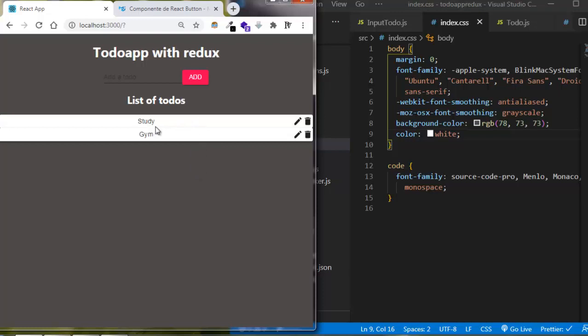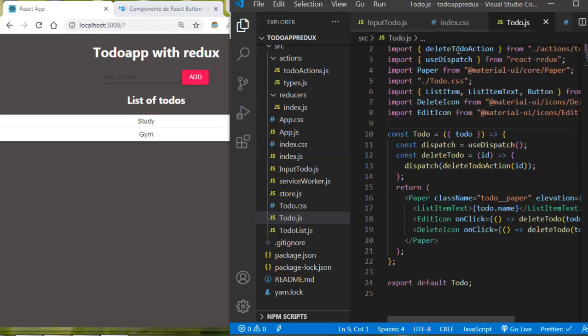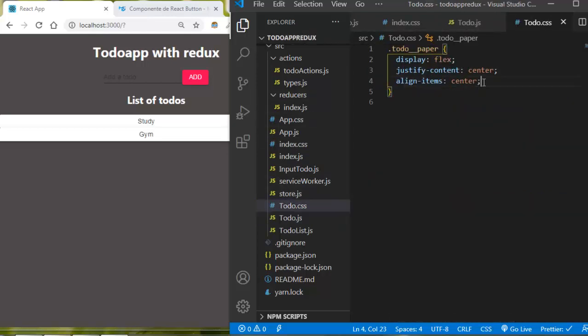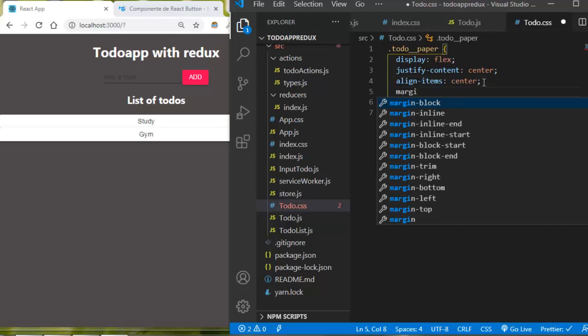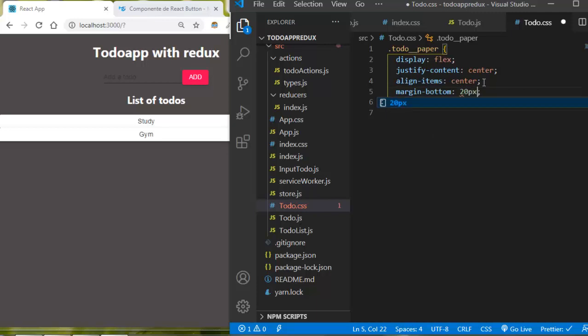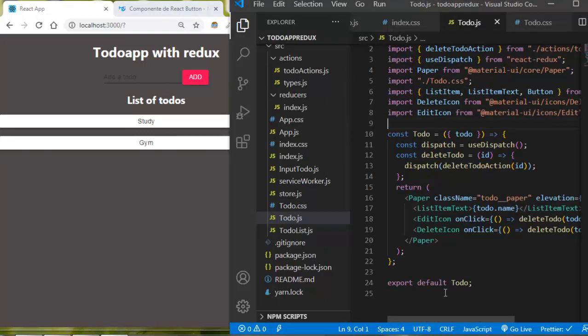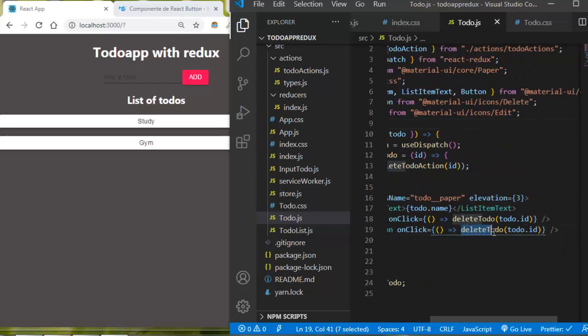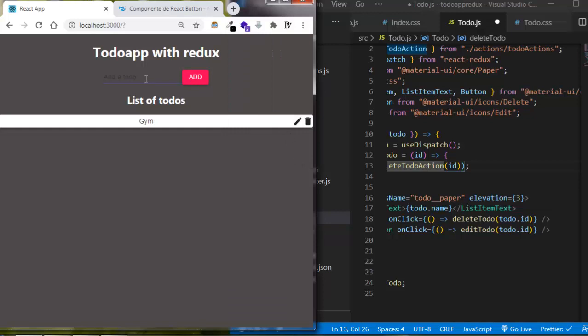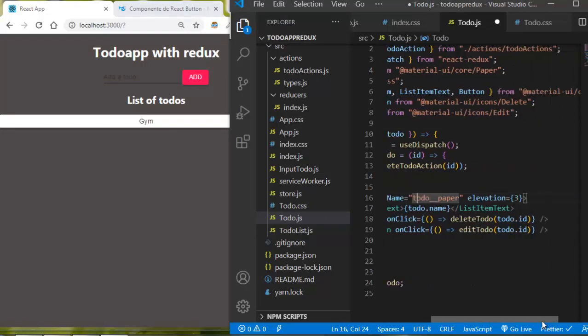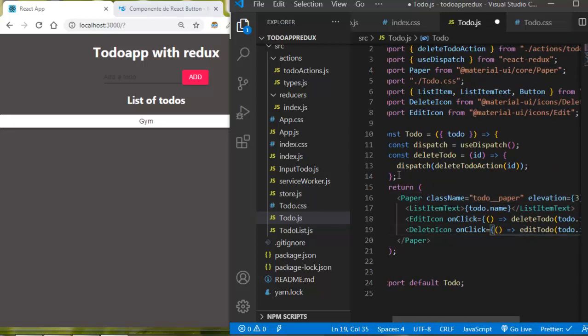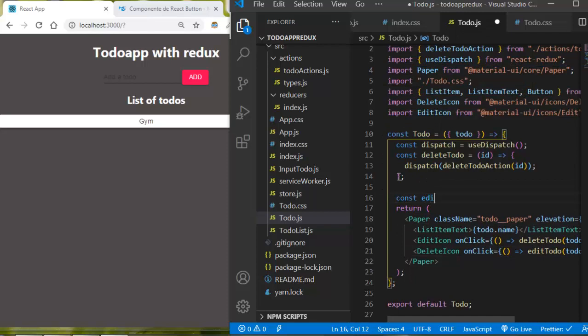Now let's put some margin here between to-dos. So I'm going to here, and every paper will have a margin bottom of 20 pixels. Now we're going to see how we can edit this. I'm going just like this, edit, and to edit we're going to need two actions. One to save the to do you want to edit, and one to save the change to do. So whenever you put edit to do, you're going to dispatch this edit to do,